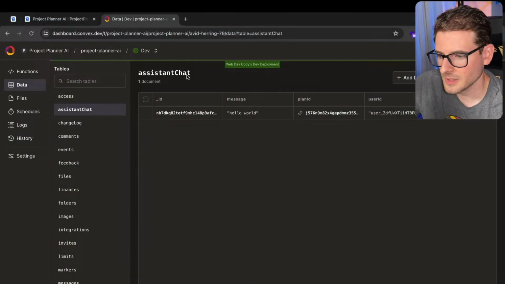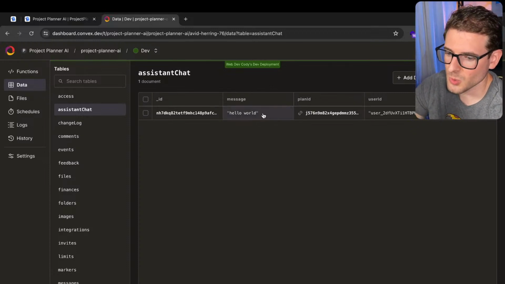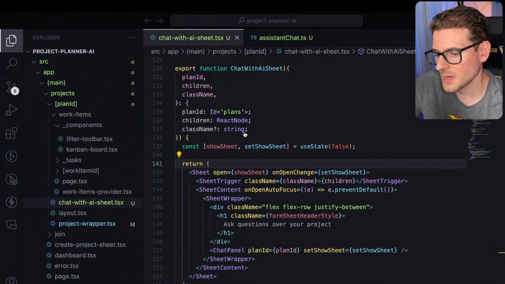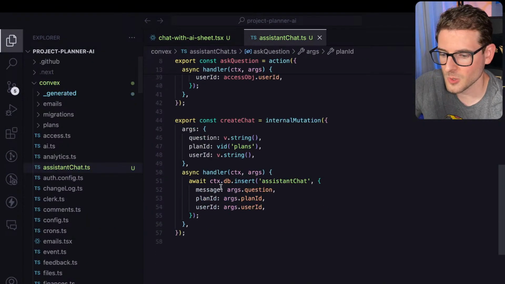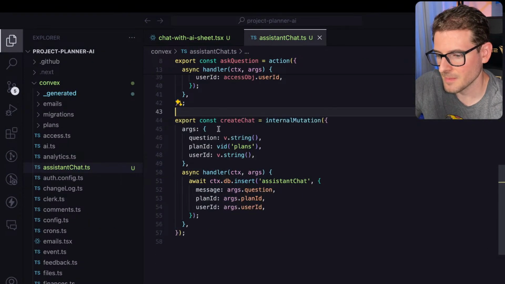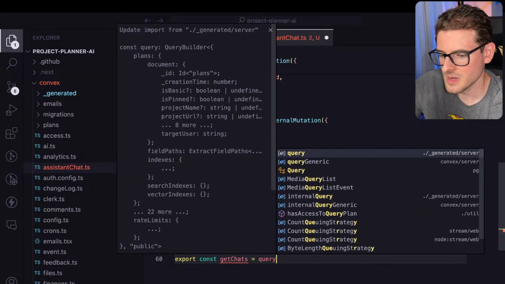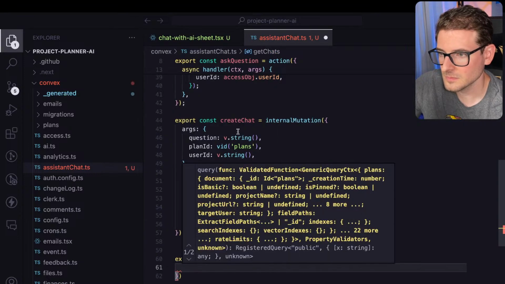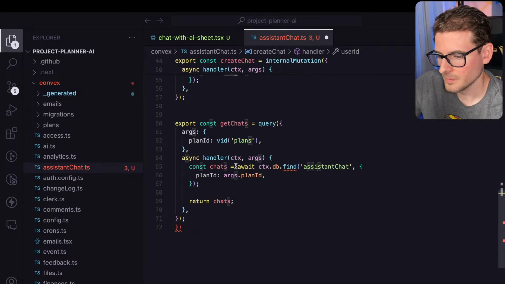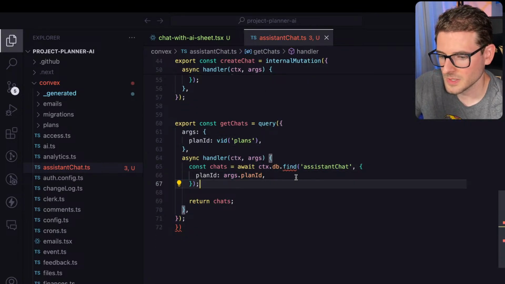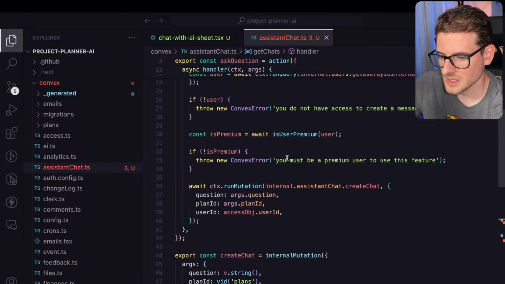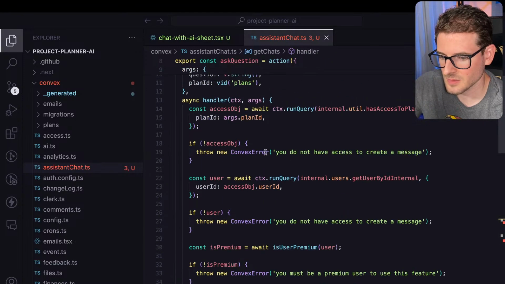Anyway, the last thing that we did was we accomplished storing and persisting the information. So I think what we could do is add a query. We want to be able to query this data back out of our database, right? So I'm going to say export const getChats equals query. And we definitely want to get the user ID. So I think we need to continuously do that, has access to plan,